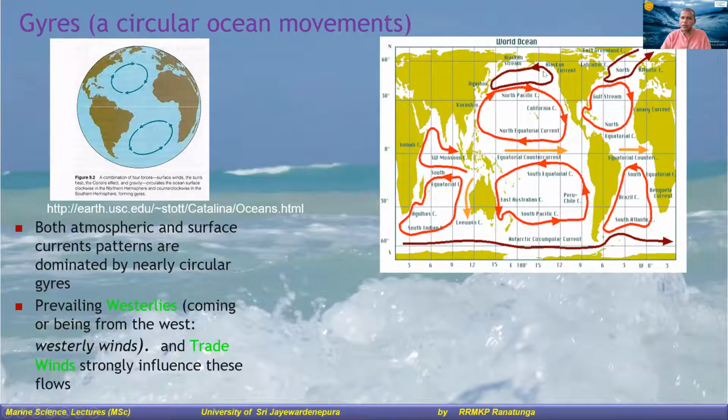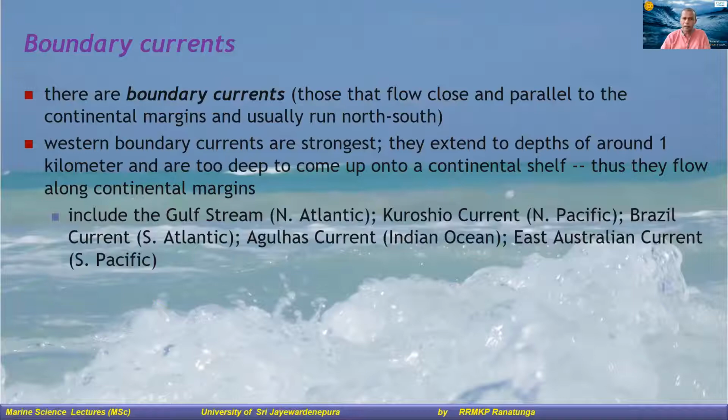So they have a circular movement of circulation, and you can see here at the bottom, there's one current which has no circular movement, it's straight. That's the only current that is unaffected, because there is no landmass to change the direction very much. So it will be flowing like this. It's called the Antarctic circumpolar current. Circumpolar means it's rotating around the globe, right? So it's the only current different from the others.